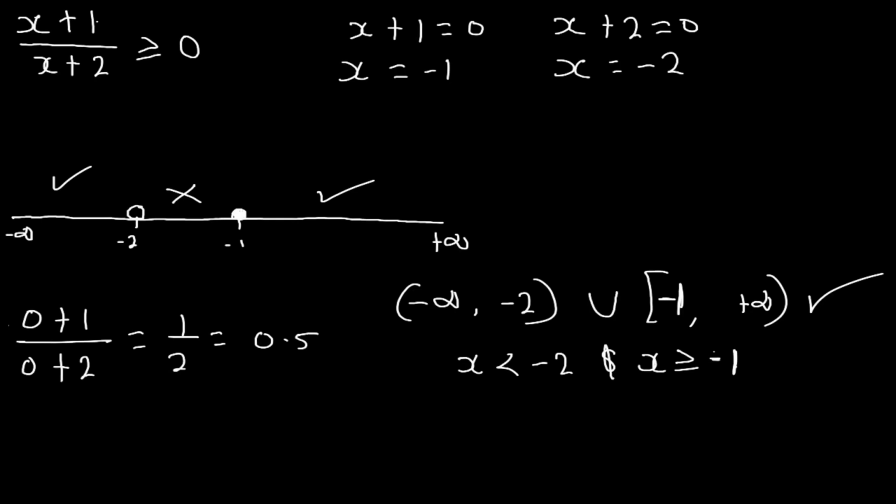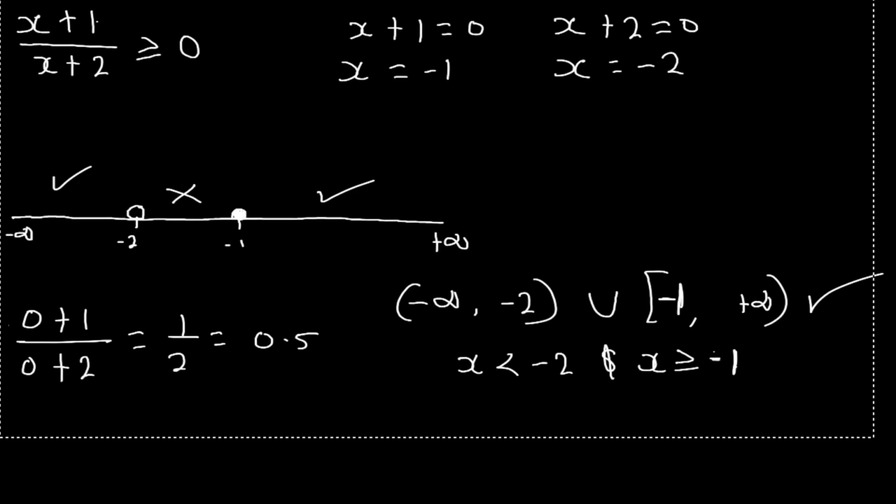So, example number 3. Given that x plus 3 divided by 2x minus 3 is less than